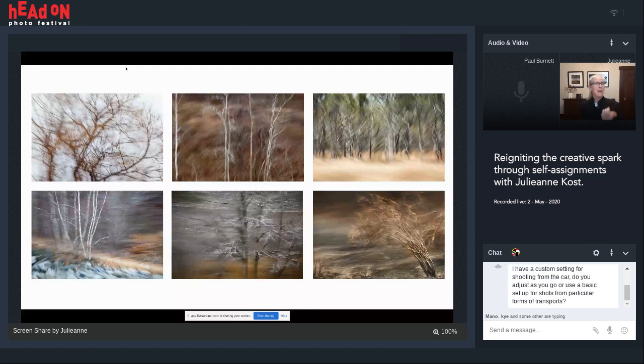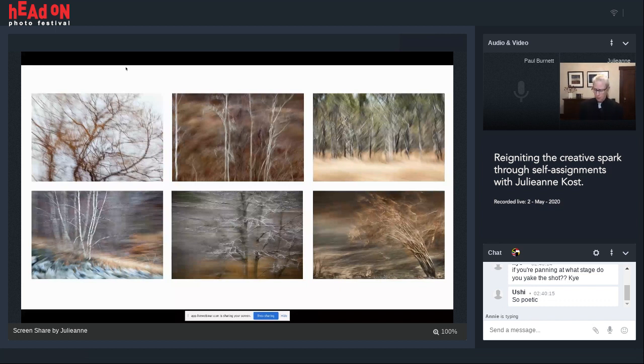But the cool thing about it is it allowed me to come much quicker with my camera and anticipate things. In addition, I always shot with one eye closed and just looking through the viewfinder. And what this taught me to do is to have both eyes open, one eye looking forward out the car, and then transferring to the other eye as soon as, let's say it was a tree, came to the window that was on the side of me. So I learned a ton of things about photography, and that's one of the best things about these self-assignments.